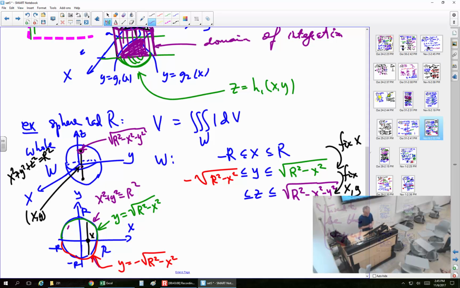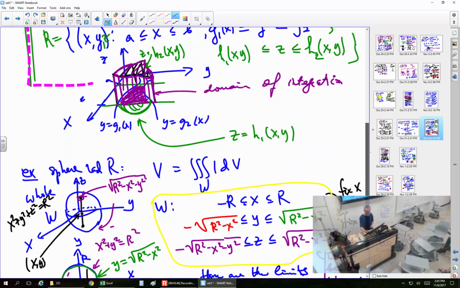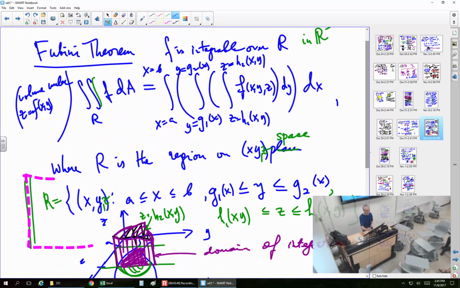And now we have 2 halves, and then I have at the bottom, which is pretty much the same as over here, so it will be negative the square root of r squared minus x squared minus y squared. So these are the limits. This is my w. I don't really need to do anything else. There is no reason whatsoever to do this computation again, because all the computations, including the last substitution, are exactly the same. The computation is identical, okay, except the starting point is slightly different because we have triple integrals,